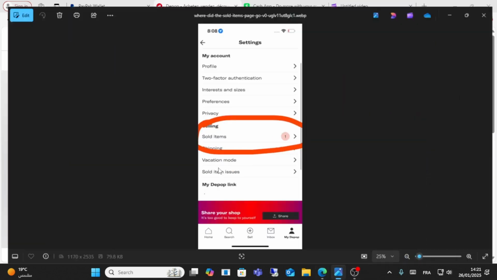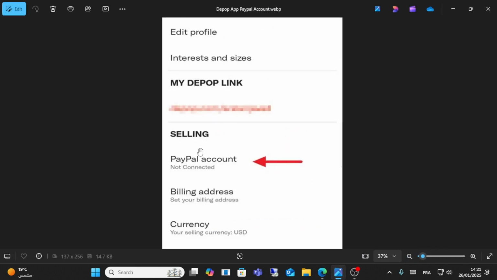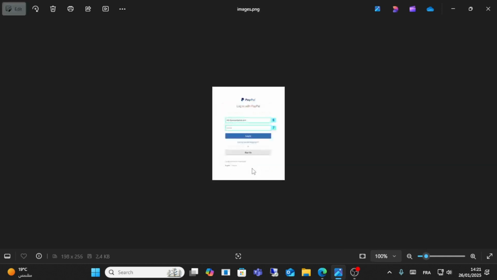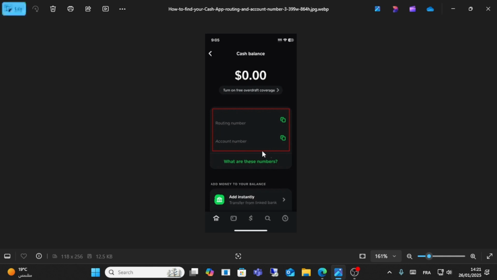After that, what you have to do, open your Depop and select preferences, and from preferences click PayPal Connect. After that, open PayPal and click connect this option. After that guys, when you connect PayPal, go to Cash App and select your account